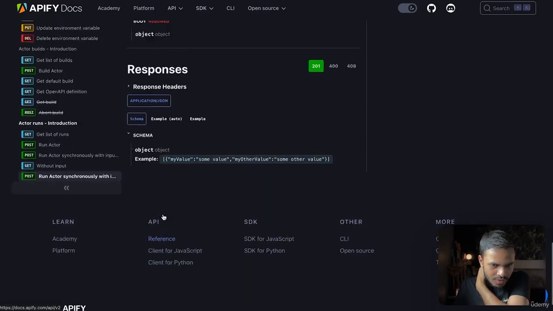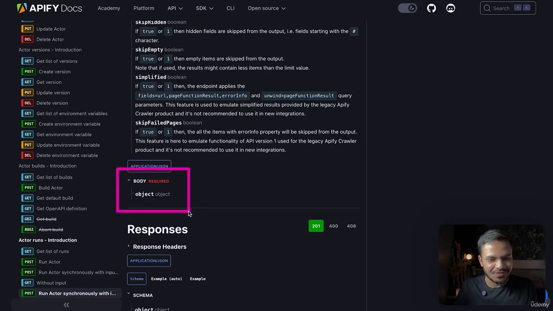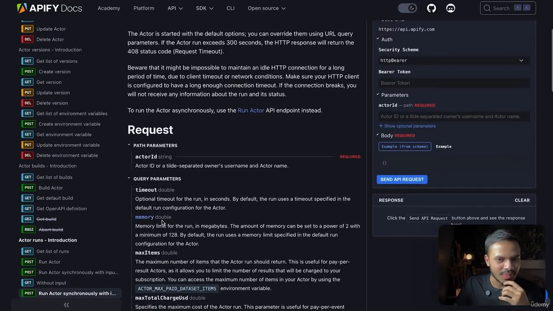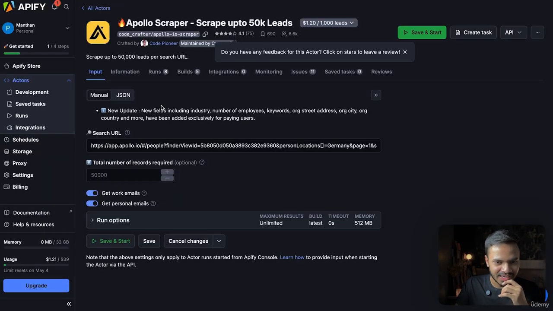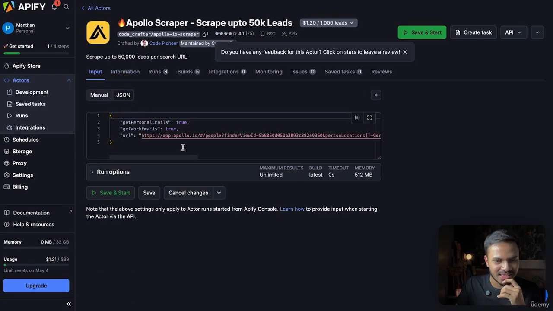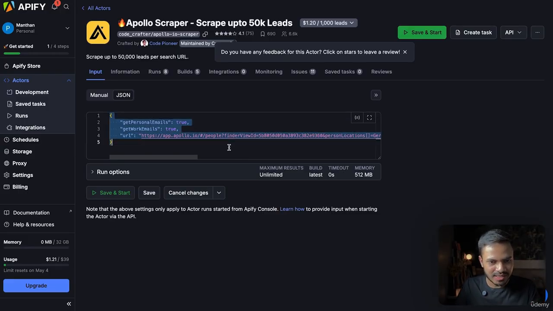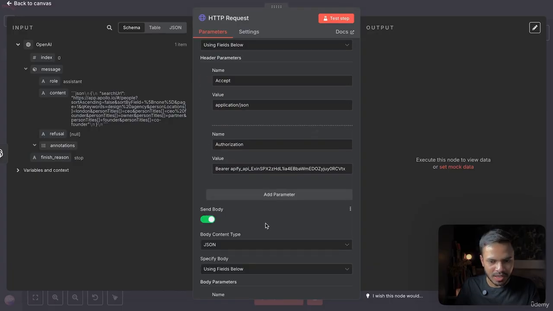So what can we do? They are just telling us to define the object. They should give some example. So let us go back to our actor. Let us click on JSON. And yeah, so this is your JSON body. So let's copy this